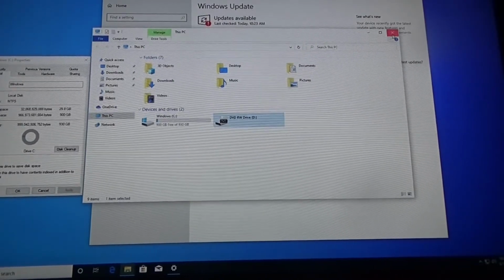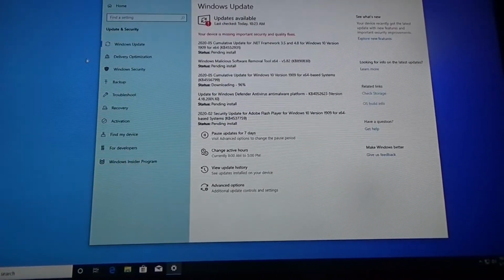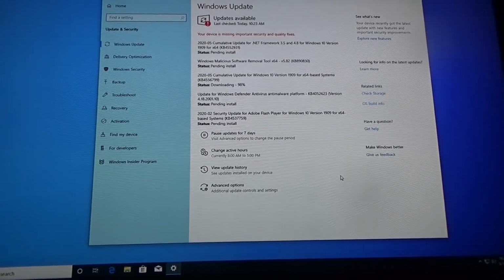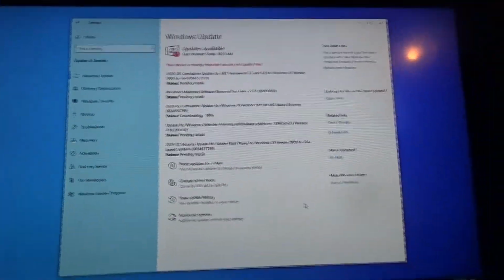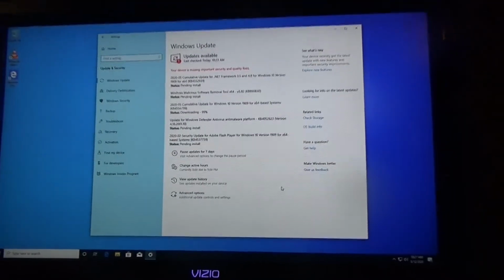But look at there, it did not hide my drive. Let me kick it out of there, make sure it works. Yep. I don't know if you heard it, but I definitely did. Okay, well, I'm going to close out of this video for now. It's updating, pending install, still downloading. This is going to take forever. So, let me turn on the light real quick. And at the end of this video, I'll show you, if I can, what this is on.